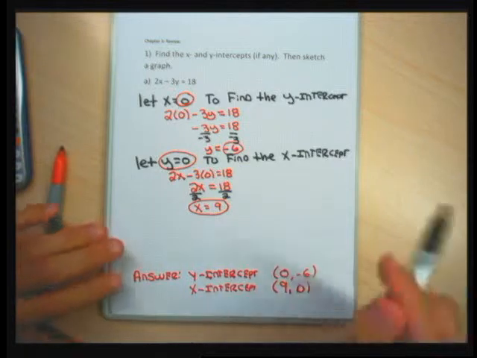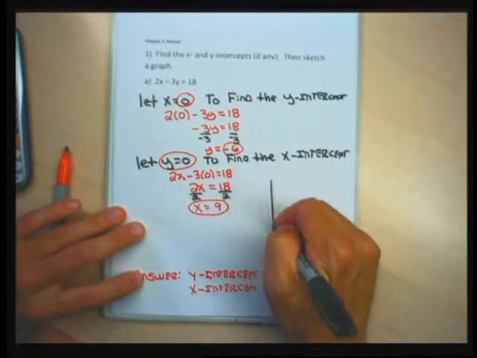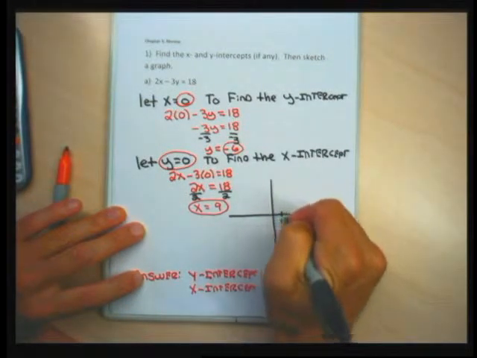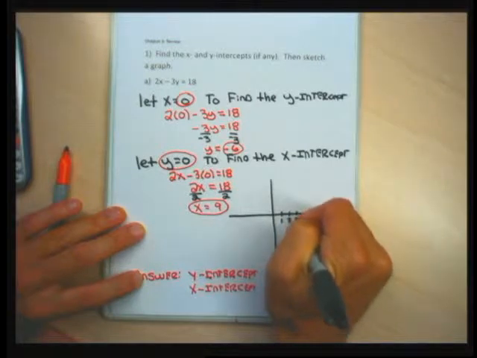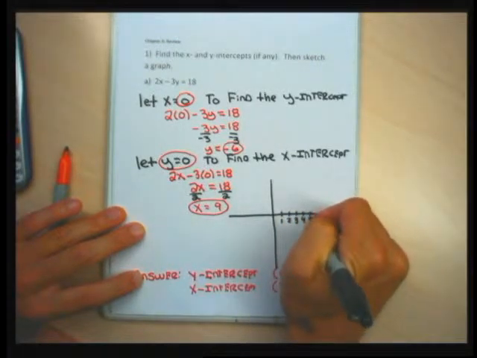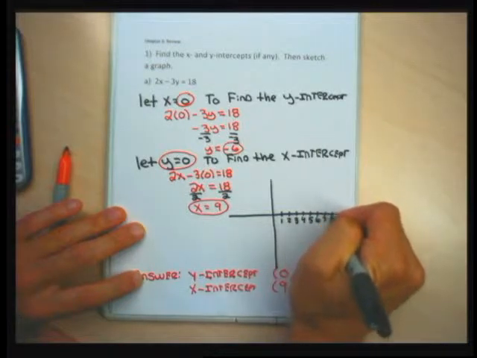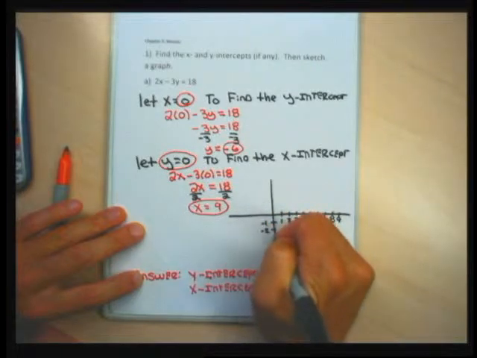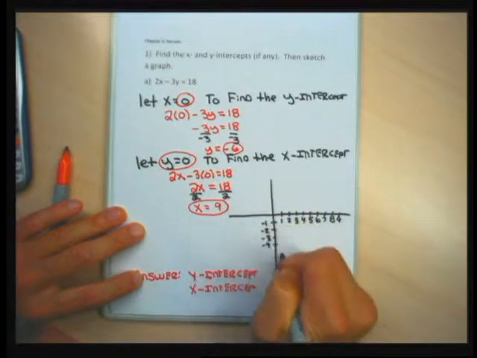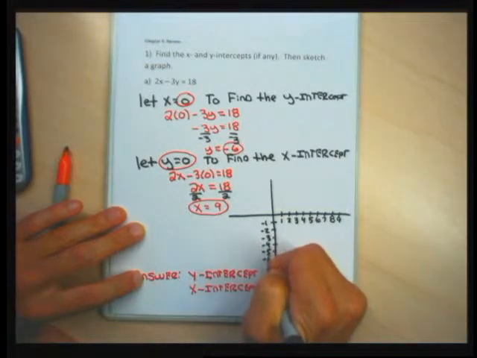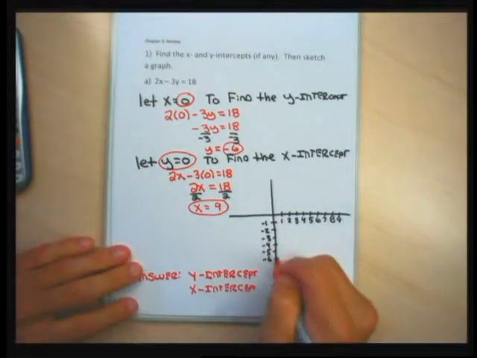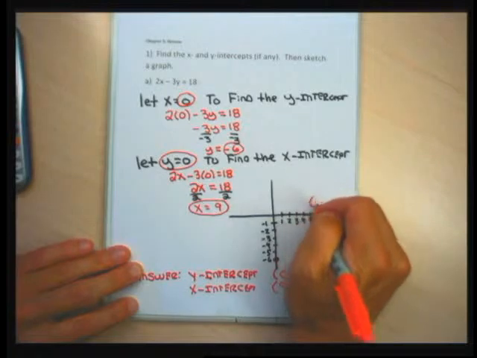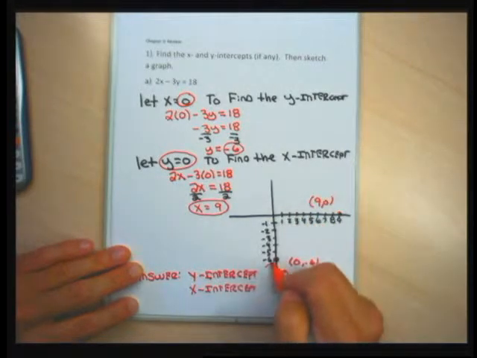On the test, you'll be given a blank graph if I want you to graph something, but I don't have graph paper available to me this morning because the campus computer network is not working. So I'll do a really crude graph, but something that's completely adequate. To sketch the graph of this, I just have to plot the intercepts and connect them with a line. As long as my x and y intercepts are correct, because this is a line, 2 points are sufficient to make a correct graph. So I'm going to plot the y-intercept, the point (0, -6), and the x-intercept, the point (9, 0), and connect the two intercepts with a line,